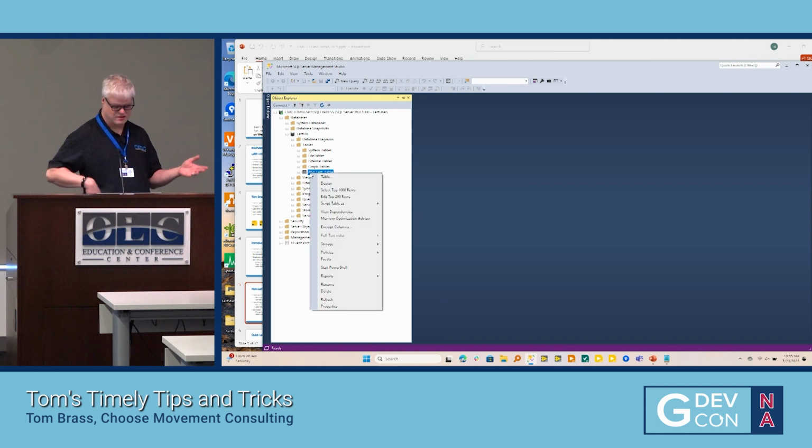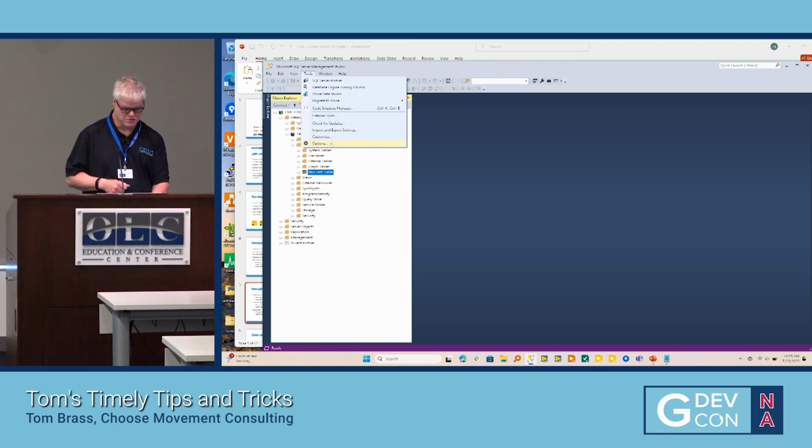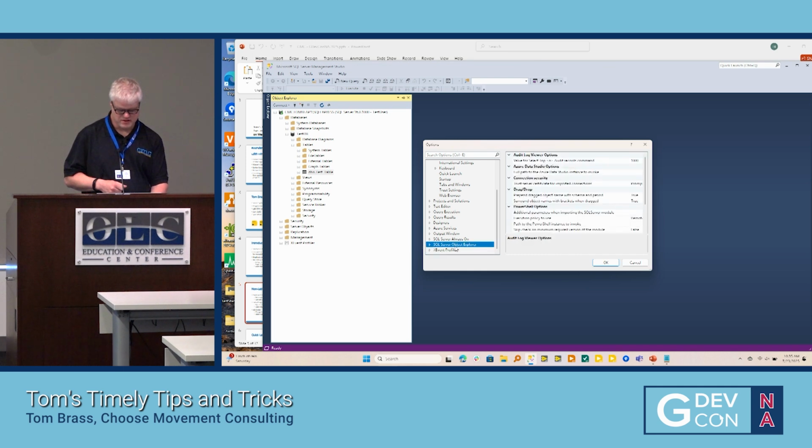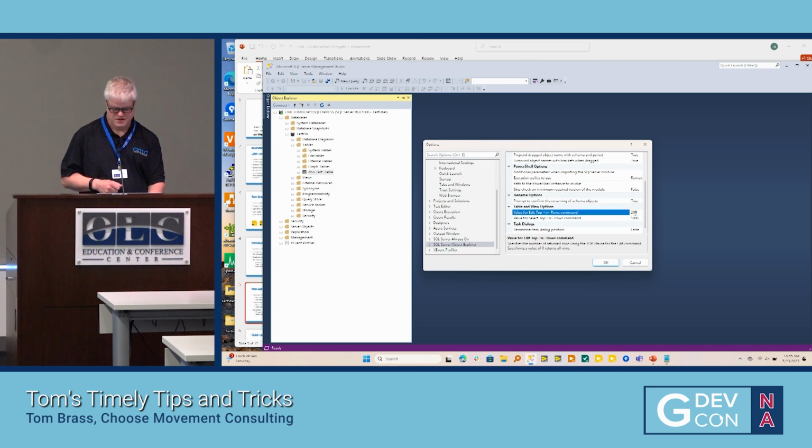When you right click, you have your select top 1,000 rows and edit top 200 rows is the default. I often find that 200 is just not quite enough, and since this edit is very convenient, I wanted to change that. If you go into Tools, Options, and down to the SQL Server Object Explorer, you can actually change those. So if you want to do 1,000 instead for the edit,